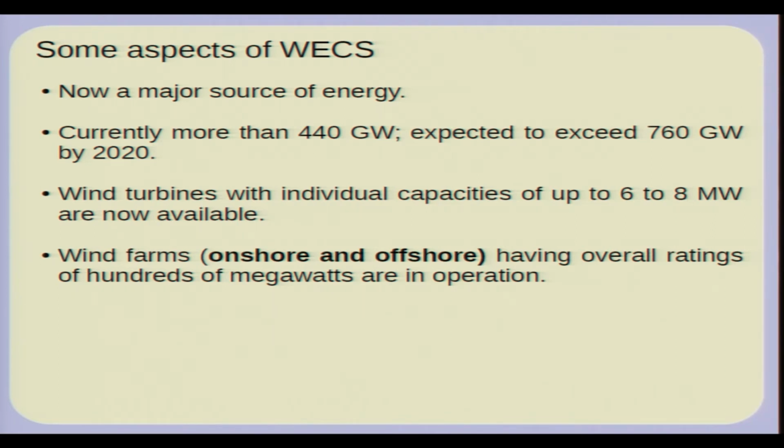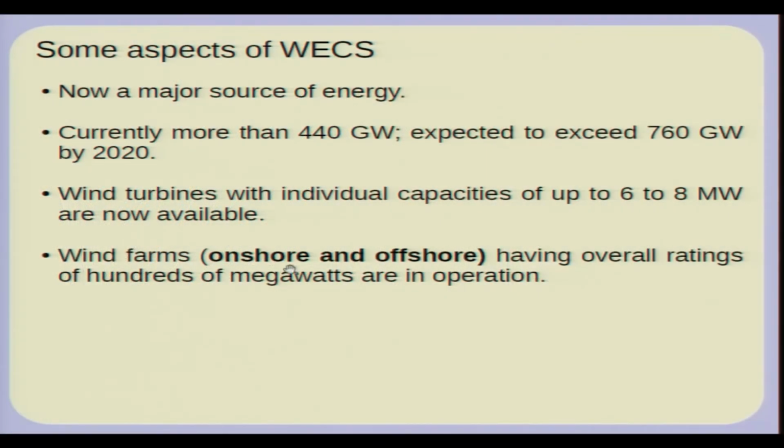440 gigawatts. This of course is slightly dated, you may have even more than this, and the power from wind worldwide is expected to exceed about 760 gigawatts by 2020, and wind turbines with individual capacities of 6 to 8 megawatts are available. So, we are talking of a single wind turbine, with ratings of up to 6 to 8 megawatts actually available, and these wind farms may be onshore or they may be offshore, located at sea, and